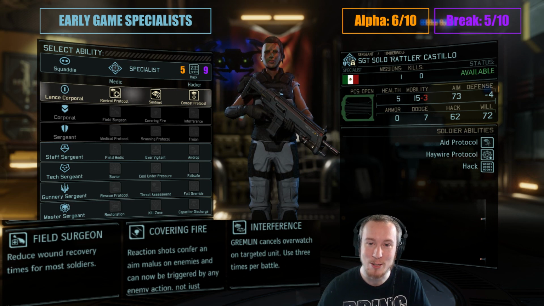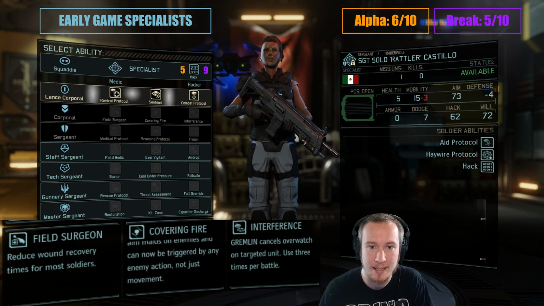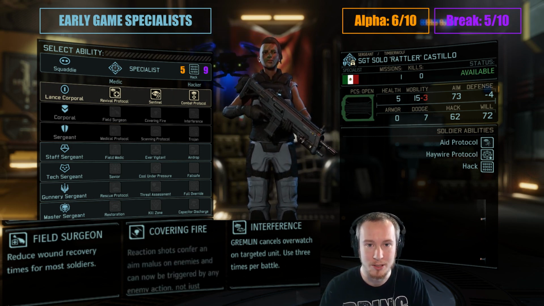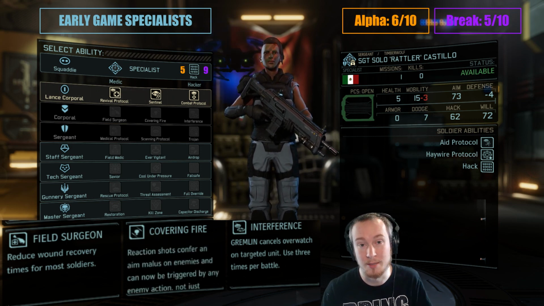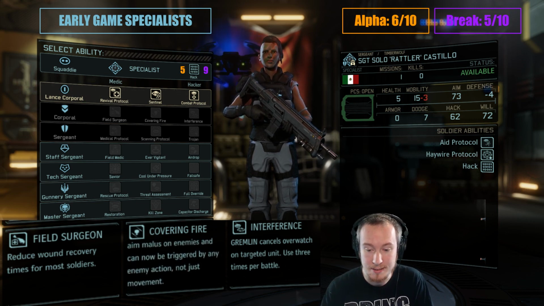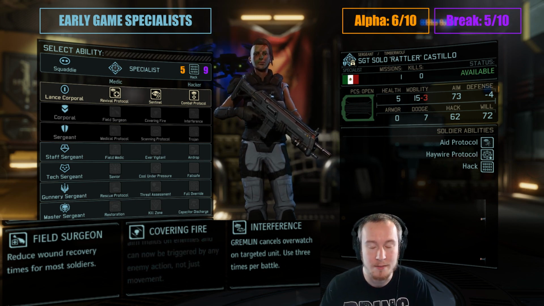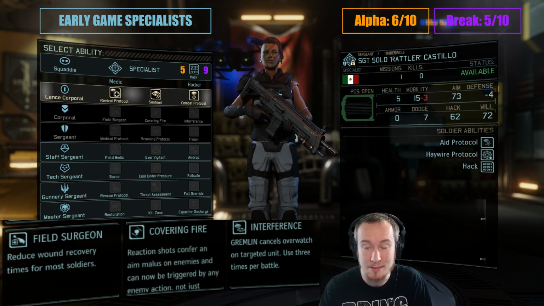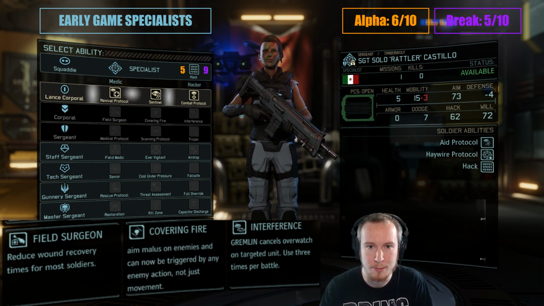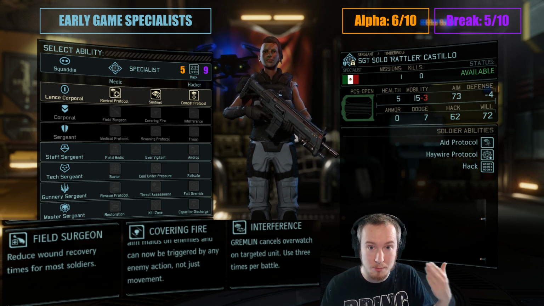So in this series, I talk about alpha strike rating and breakdown rating, whether a soldier is good at killing enemies before they can act against XCOM, and whether a soldier is good at dealing with situations where enemies are attacking XCOM. And specialists, I think, are okay in the early game. I gave them a 6 out of 10 for alpha strikes and a 5 out of 10 for breakdowns. They're not remarkable for either of these two metrics,